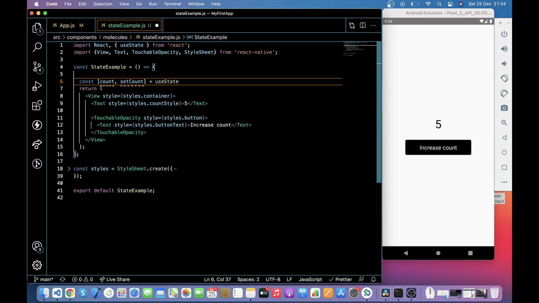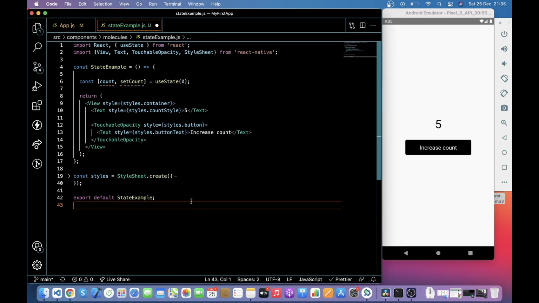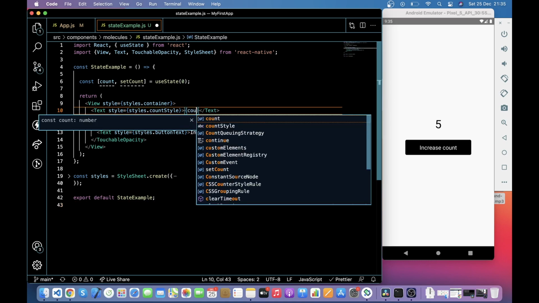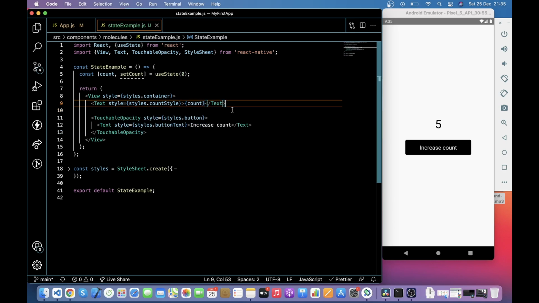Our counter is going to start at 0, and now this useState hook is going to return an array of values. So what we are going to do is destructure this inline, because useState always returns an array with 2 values. The very first value in this array is going to be your state, for example, count. This is going to be your current state at every single iteration of our render function. The second thing we are going to return is a function which is going to allow us to update our state. So we are just going to call it setCount. You can call this wherever you want, it doesn't really matter. You just need to know that the first thing in the array is always the current state, and the second thing is the function that allows you to update the current state.